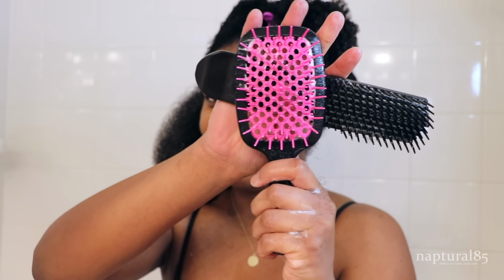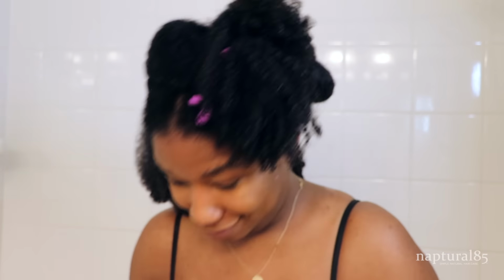Now I'm gonna grab the Unbrush to see if my detangling brush missed anything. And no, it seems all good for both brushes. So the verdict, it's good. The Unbrush is a great detangling brush. I feel like both of my detangling brushes worked beautifully and similarly. So I was prepared to recommend either brush as a great option when something